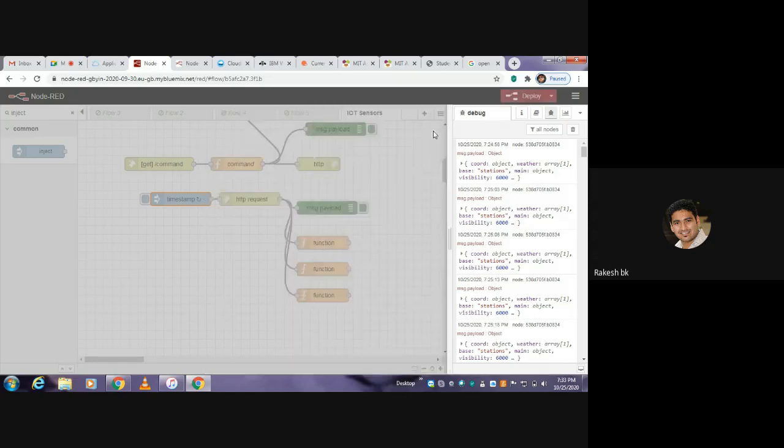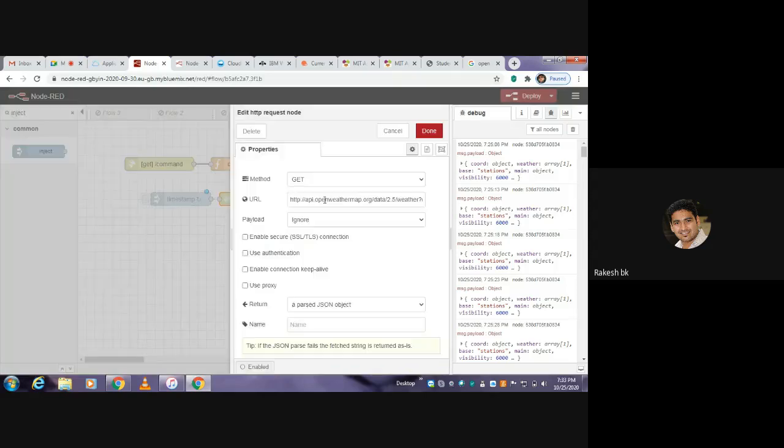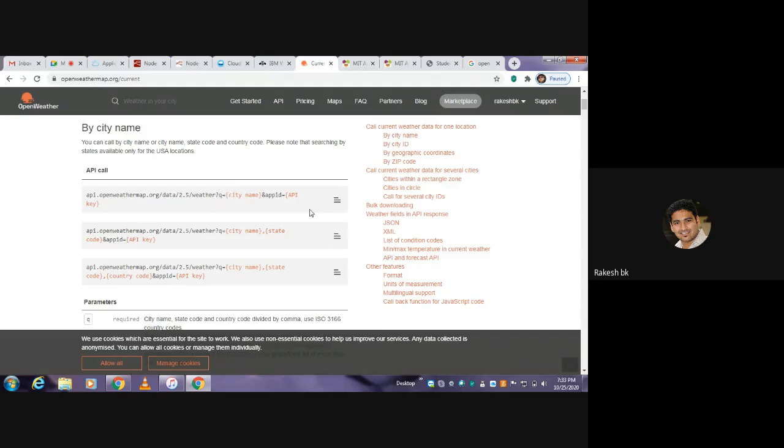So give done. Once it is done, you call for an HTTP request. You call one more node, drop it here, click onto the HTTP request, go for method GET, and you paste straight away the syntax that was copied from the current data. This was the syntax that we copied, correct?